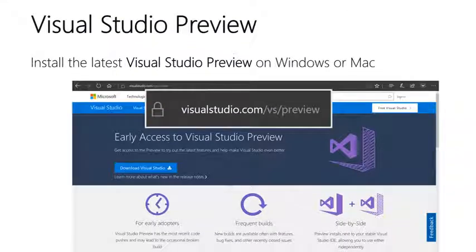Next, you need to install the Visual Studio Preview. This is for Windows or the Mac. Because this is a preview that's been released, it's included as part of the preview bits. Now, the Visual Studio Preview is accessible through